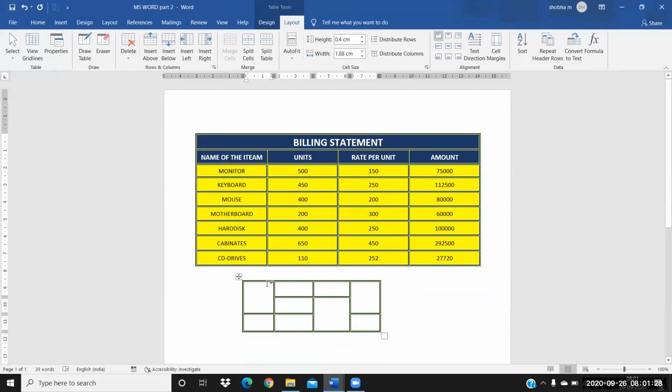So for example, I will type here country, and I'm just typing this country like this. Okay, like this you can do it. And you have in a country USA.